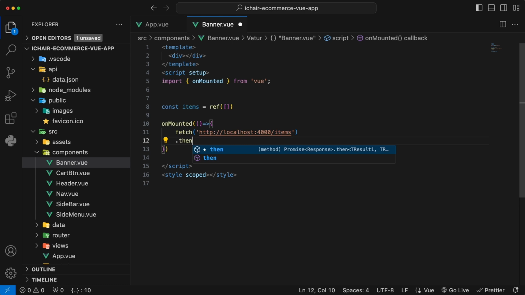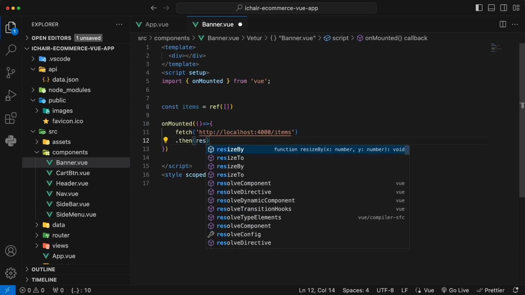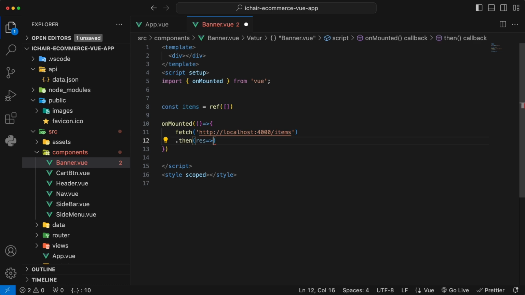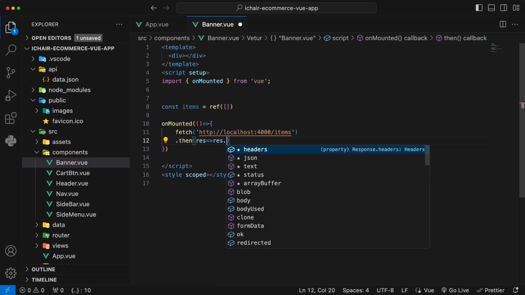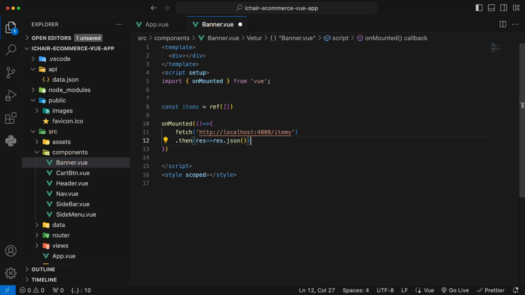If this promise gets resolved, what we're going to do is have that response converted into JSON, and have that JSON format data converted into JavaScript data. So we're using this method. And once it's done, we're going to put this JavaScript data into our local items. So what we're going to do next is then